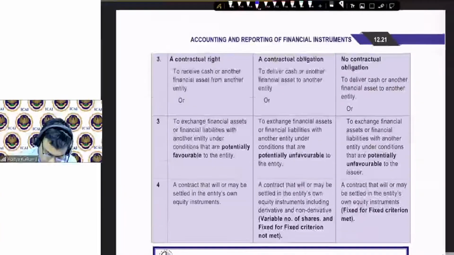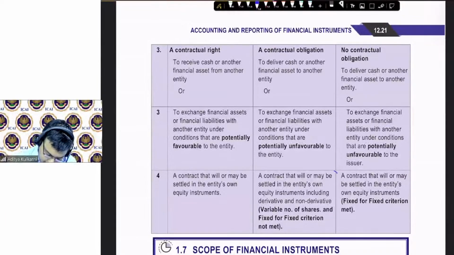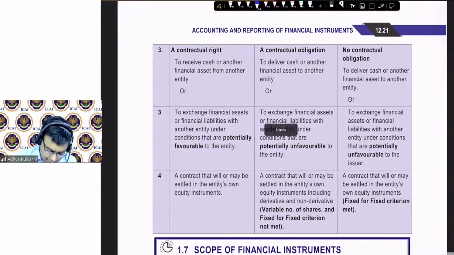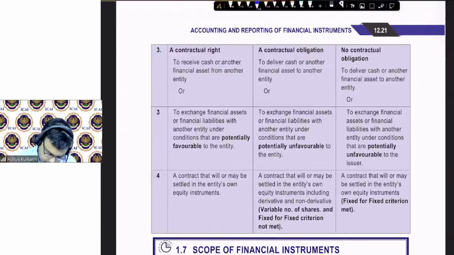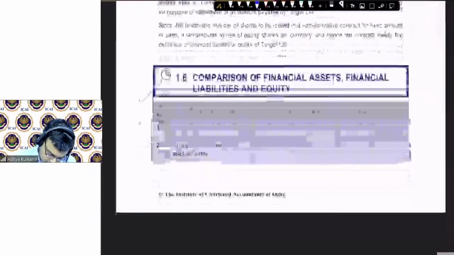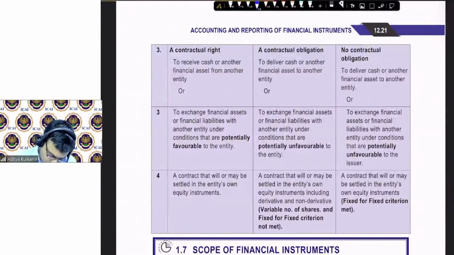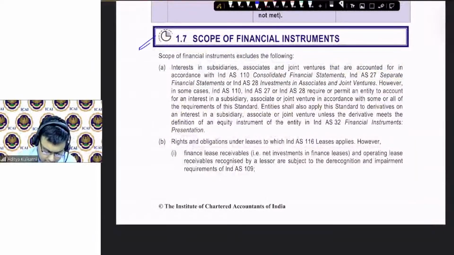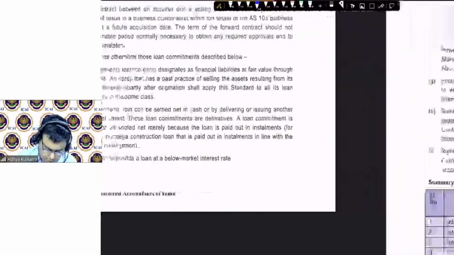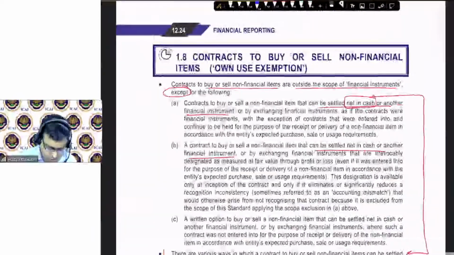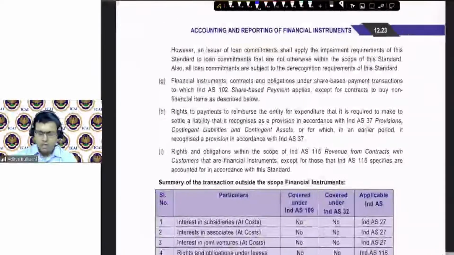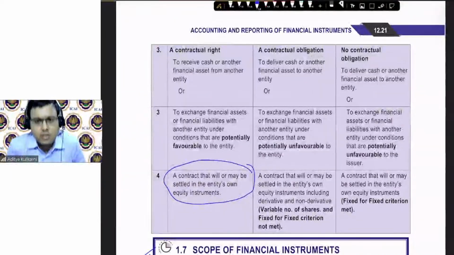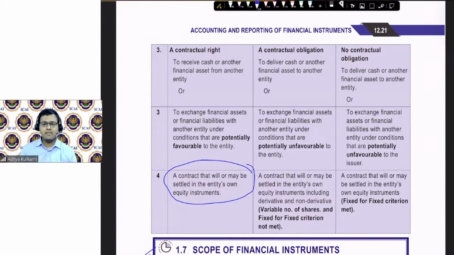The only thing left from my side is this part. I'll be doing the example and you will be able to understand it in the next session. So financial assets, this one is pending. Scope you can go through. It's largely theory, but you may understand some, not understand some, but just cover it up. And then own exemptions we have discussed. So from my side it is just a discussion of that small clause D2 of financial assets. I'll discuss that in the next class, and then we move on to classification and measurement.